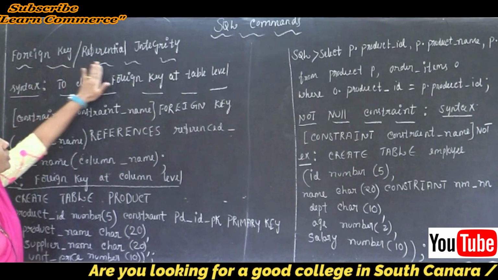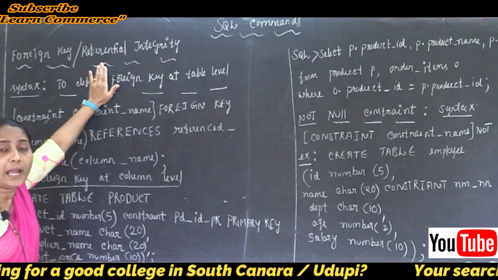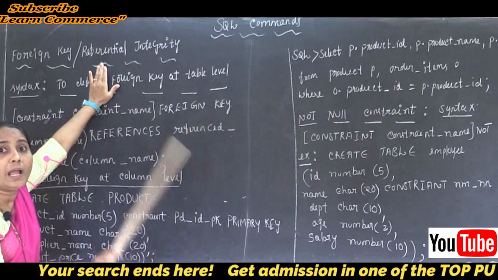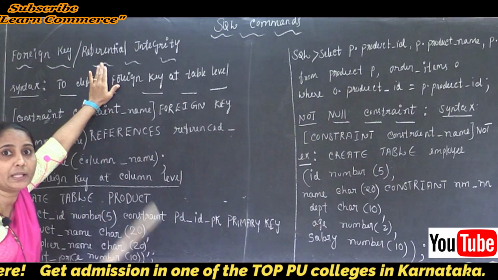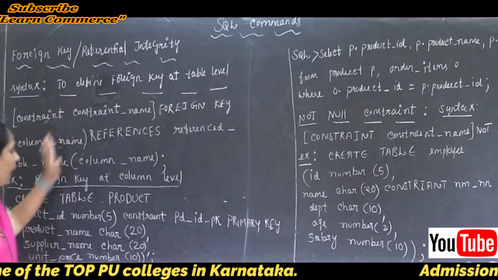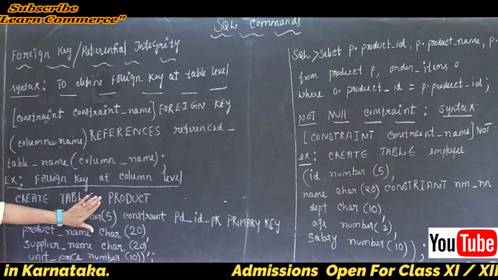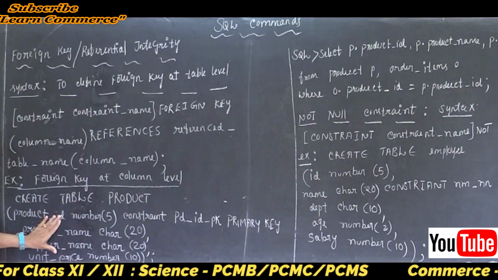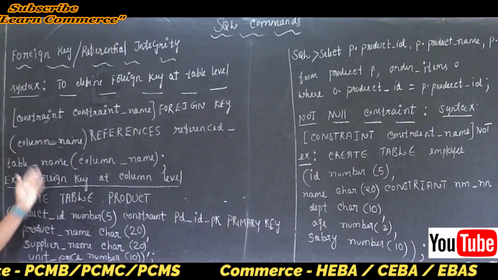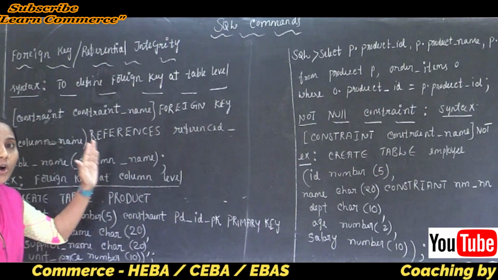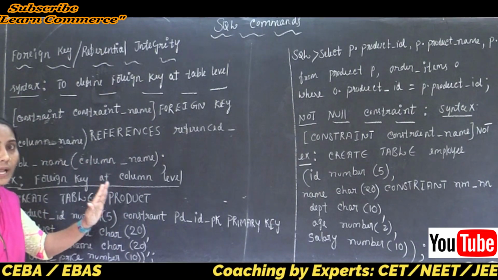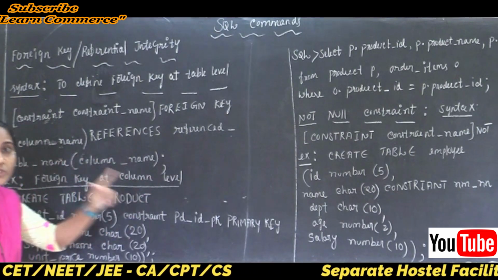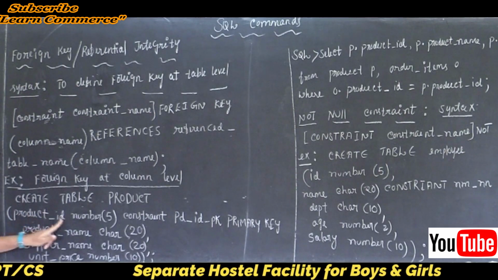The foreign key is also called referential integrity, and why? One column can be defined as a foreign key in one table, and the same column needs to be defined as the primary key in another table. We know that because this example shows that we created one table, the table name is product, and such a table has some columns. In our another table, the table name is order_item, and such table also contains some columns, but in our order_item I used the column product_id.